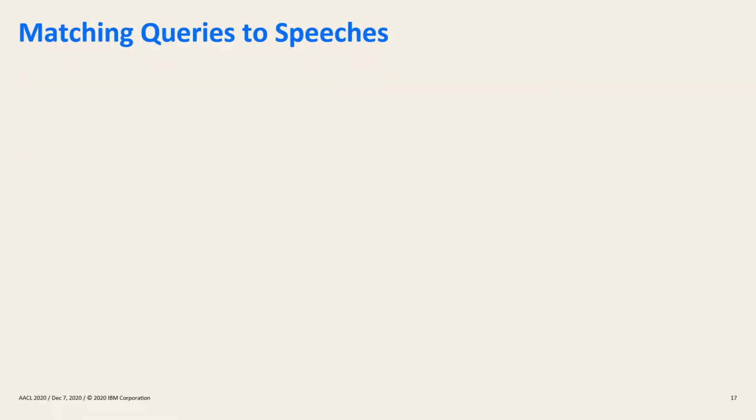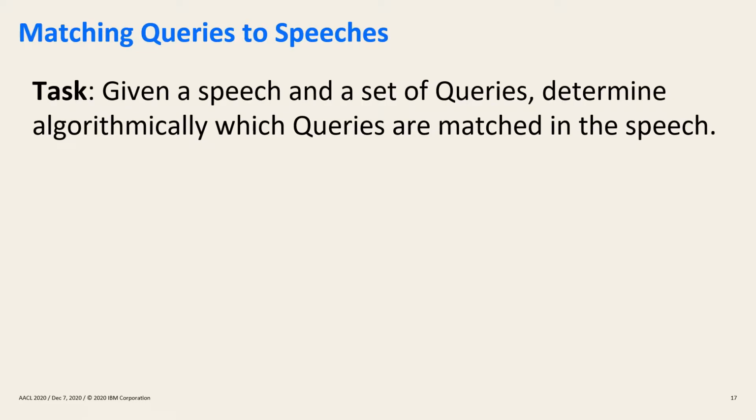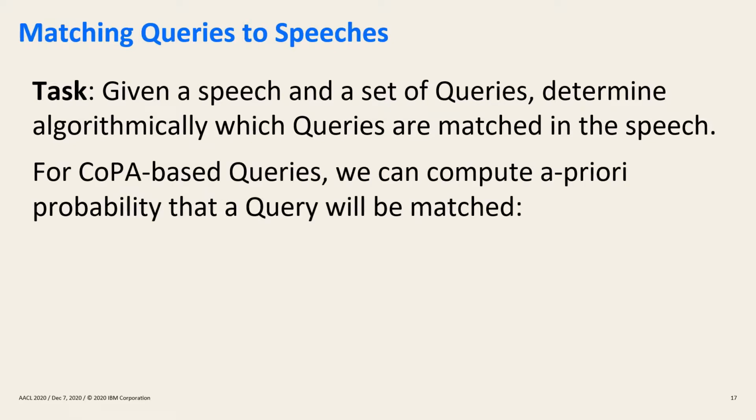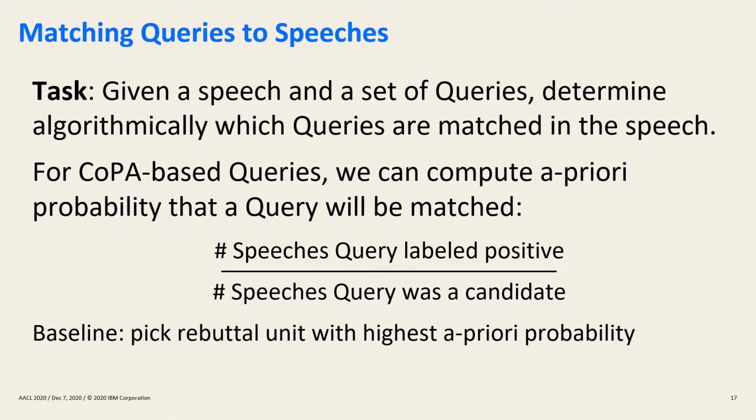Okay, so we've discussed how to annotate whether a query matches a speech. Now let's ask ourselves how to do this algorithmically. Let's start with the COPPA-based rebuttal units. For such queries, we can compute an a priori probability that the query will be matched. Because these queries are based on recurring themes, the same query can